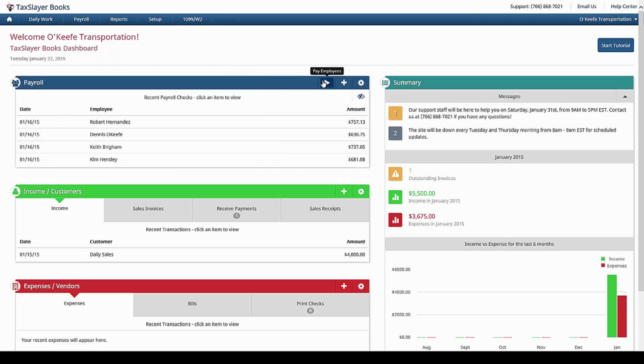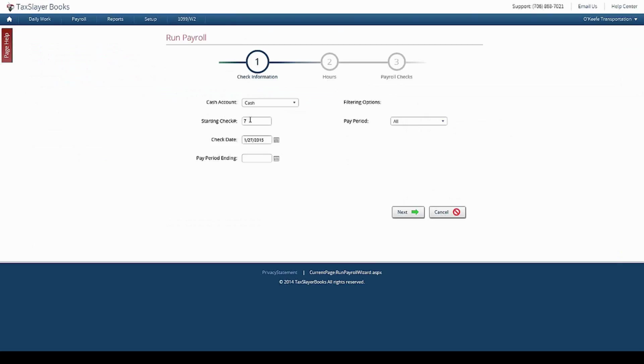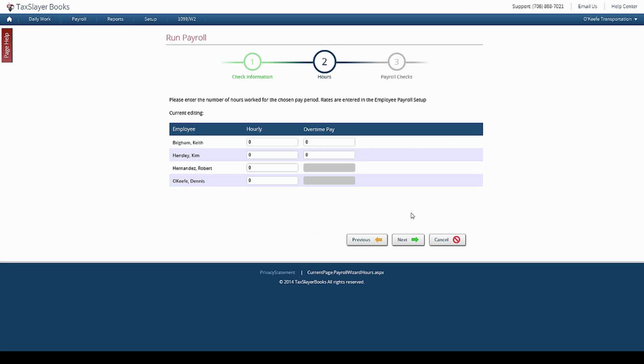For today, we're going to go ahead and run a payroll. So the first step is to set your starting check number and set the check date. We're going to set this for the 30th, so for Friday, and then the pay period for the week before because we're a week behind here. If you have multiple pay periods, if you have some employees on bi-weekly and some on weekly, you can filter them here. So up next, simple enough, we're just going to put their hours in for the week